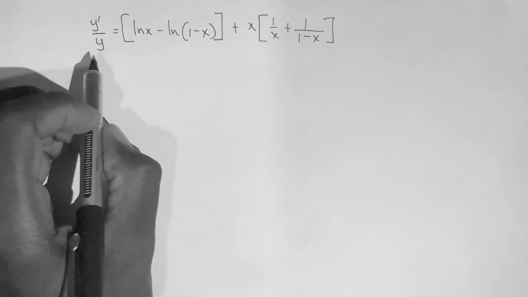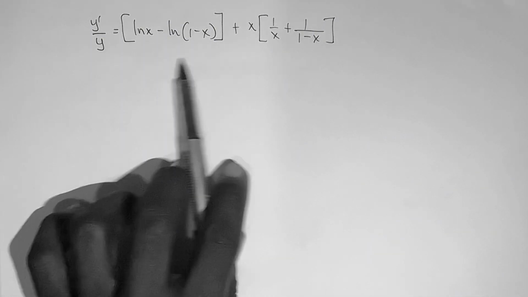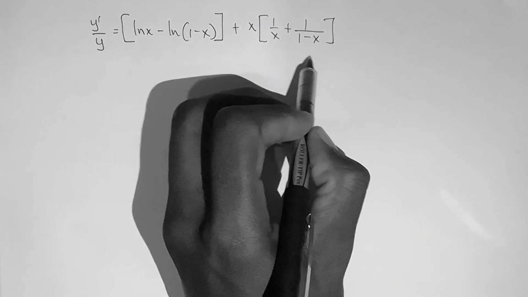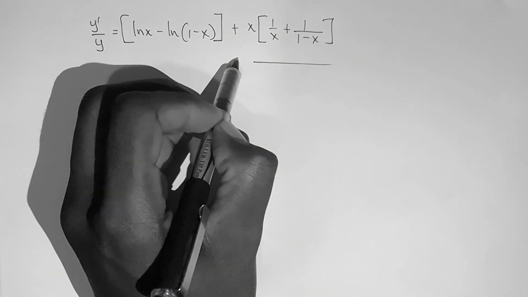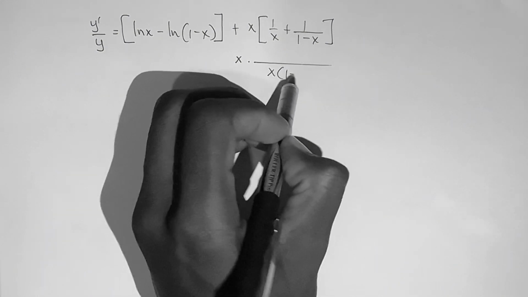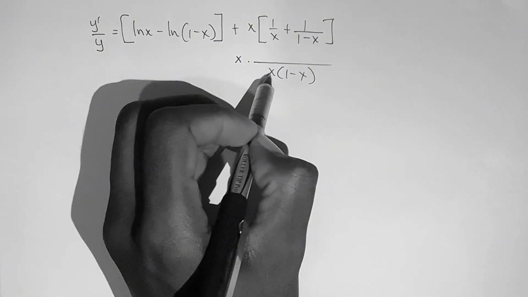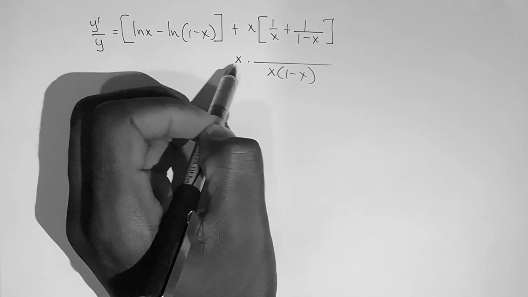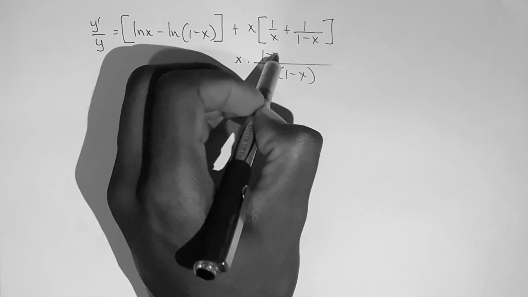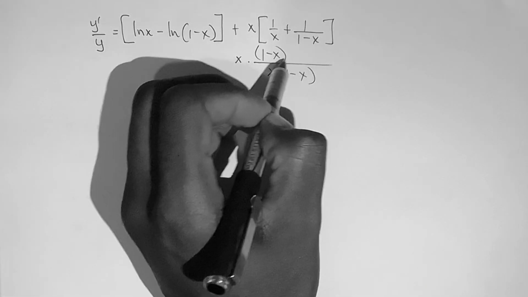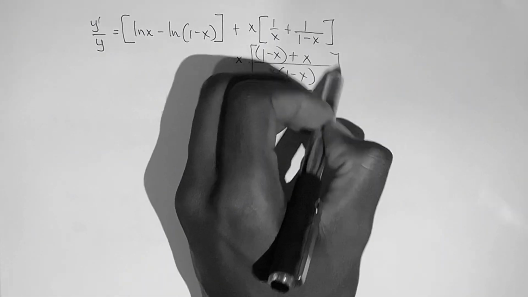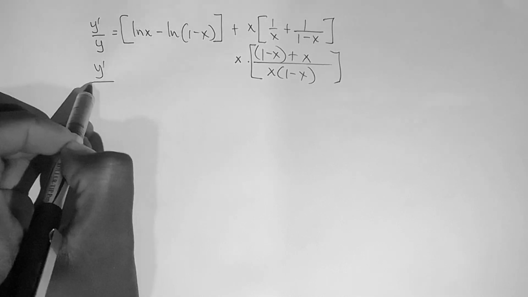So continuing from where we left off. What we need to do in this case is write this 2 as a single log, and we can find the LCM of this. So this becomes x times, now this is x times 1 minus x, so that x times 1 minus x divided by x, this becomes 1 minus x, then plus x times all of this multiplied by x, then y prime over y is equal to,